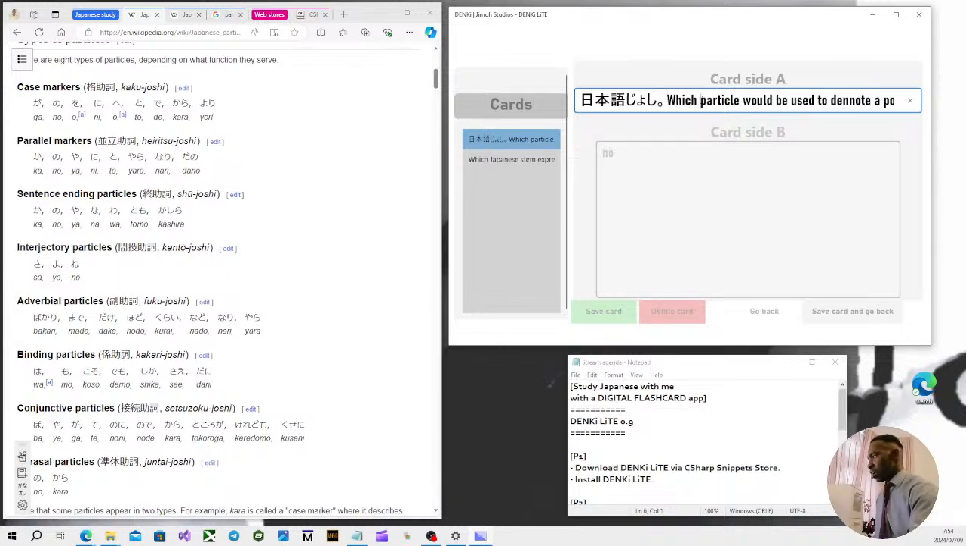So this particular flashcard says which particle would be used to denote a possessive state. For example, to express that you own a textbook. If I own a textbook, I have many textbooks behind me. I love my library from when I was in uni. Generally, I like to read. I like to keep books. If I have a textbook on, say, C# learning, there is a particle called no, and as you can see